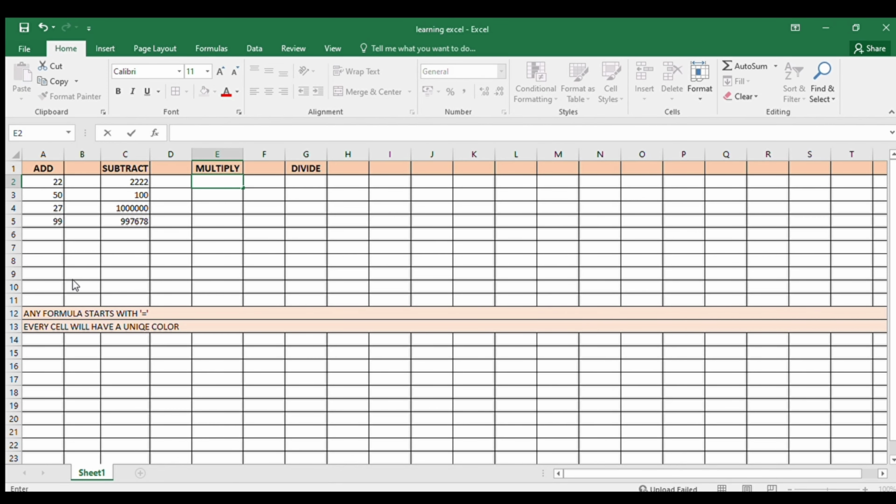Again coming to multiply. Again don't forget the basics, that is everything starts with an equals to sign. I will write a few numbers over here for the multiply. Again starting with equals to, choosing what I want to multiply. This is just the first and the third number that I multiplied. If I want to do all 3, I can do that also. Here above you will see a bar. You can use that as well to make the changes.